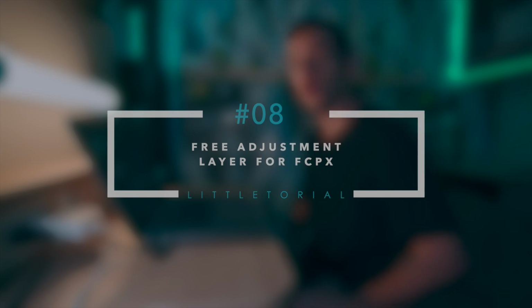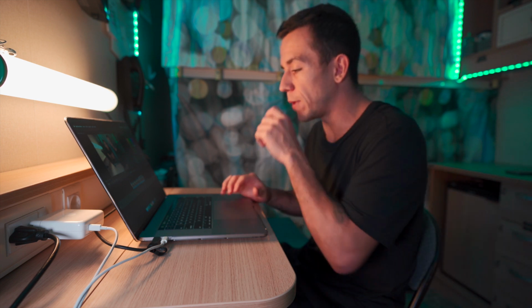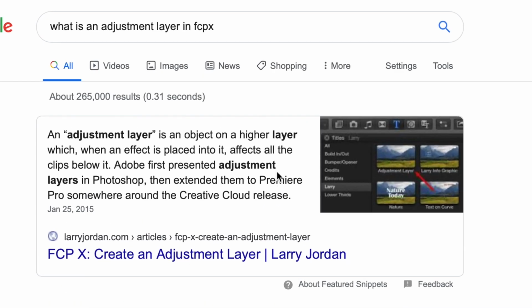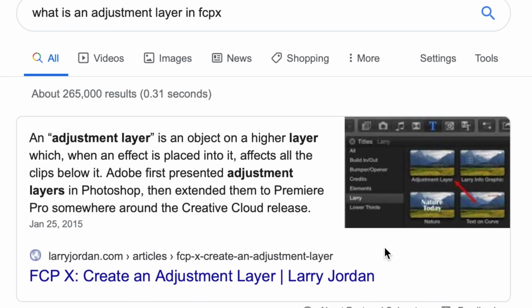It's a very cool setting that you can download on the link in the description below, and it's gonna save you a lot of time if you edit on Final Cut Pro. Come with me. What is an adjustment layer? An adjustment layer is an object on a higher layer which, when its effect is placed onto it, affects all